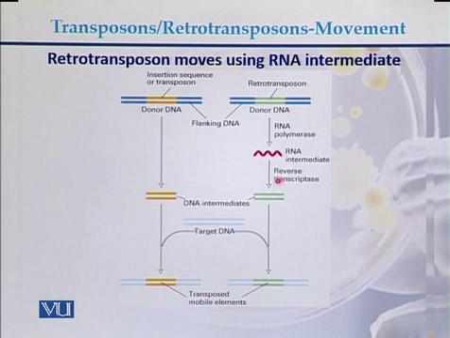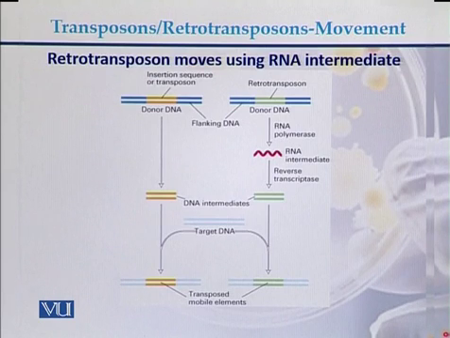This RNA, with the help of reverse transcriptase, is converted into cDNA or DNA, and it integrates at another location of the genome. So this is how transposons move by using DNA, and retrotransposons move by using RNA as